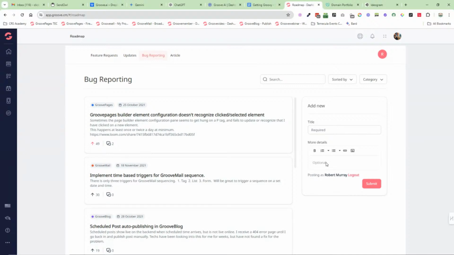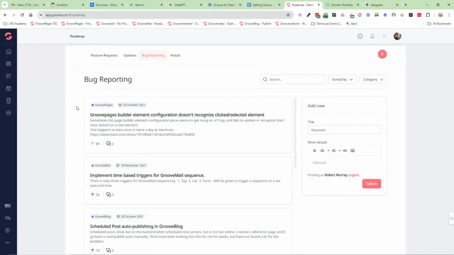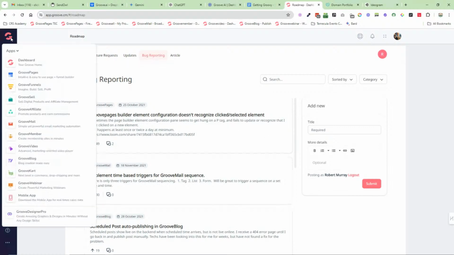So my recommendation is record a Loom video. It's a free Chrome extension. It gives you 5 minutes free where you record the screen, talk over the top, and tell them, talk as though you're talking on a live call with a dev. Say, right, I'm going into Groove page, and when I go into this website, I go to this page. When I click on this container and I click on this setting, it won't do X, Y, Z. And then report that. Obviously, report it to support first. If support come back and say, yeah, it's a bug, then come back in here. We've also got some articles in there as well.